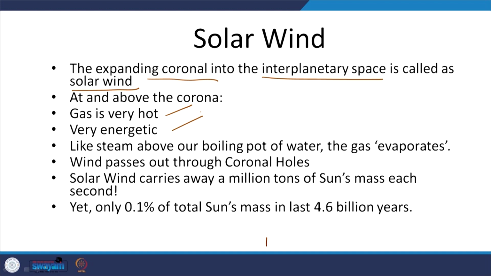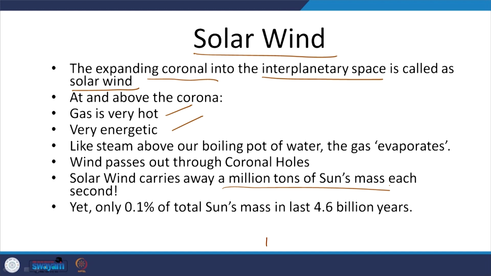The solar wind leaves the sun and travels away from it. The wind passes through the coronal holes. The solar wind carries away millions of tons of the sun's mass each second. It primarily consists of electrons, hydrogen ions, helium ions, and a few others such as He2 4. So the hot expanding corona into interplanetary space